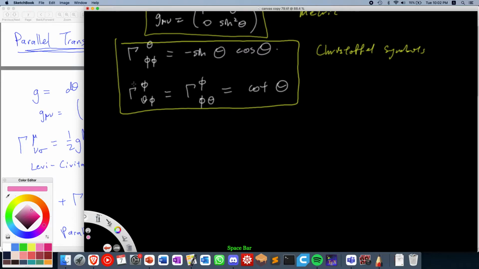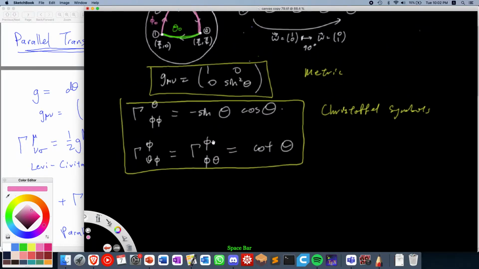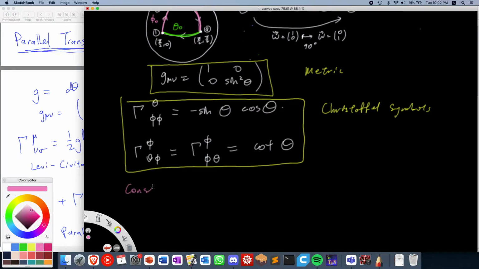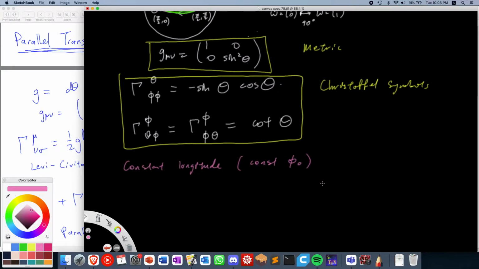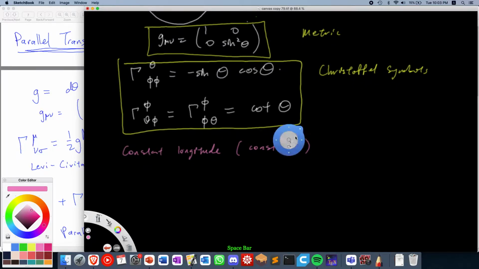Let's start off with the constant longitude, constant phi, some phi naught, right? And yeah, so what is the path that is taken? The path that is taken would be